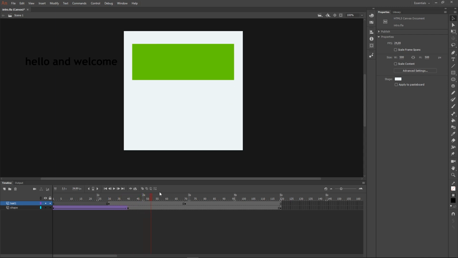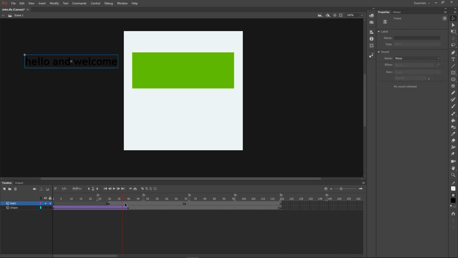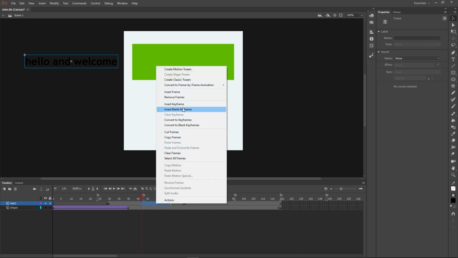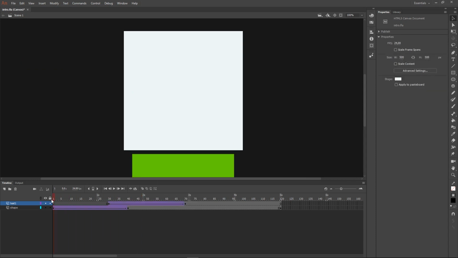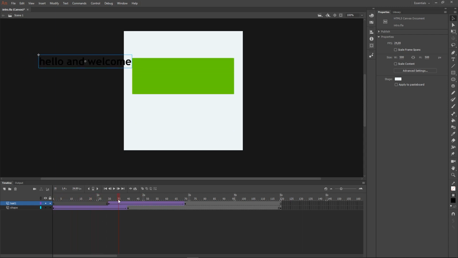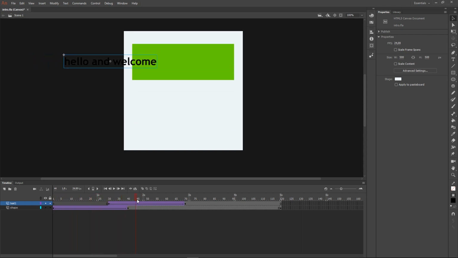Hopefully you can see it. And then when we hit frame 70, it will move to the middle. And if we want to create smooth animation between these two, I need to click anywhere between. I can even highlight more frames, it doesn't matter, and I can choose create classic tween. Okay? And now we have animation of the shape going up, and then we have animation of the text going